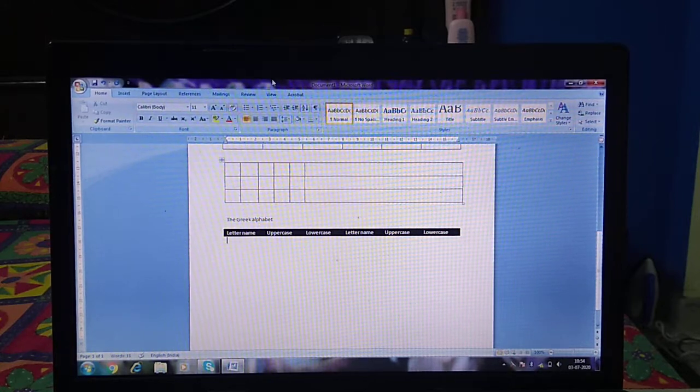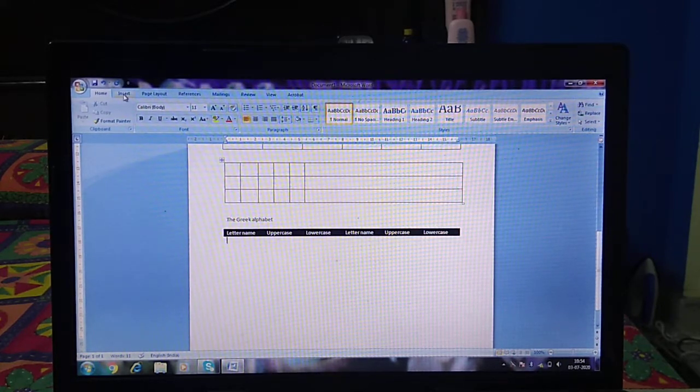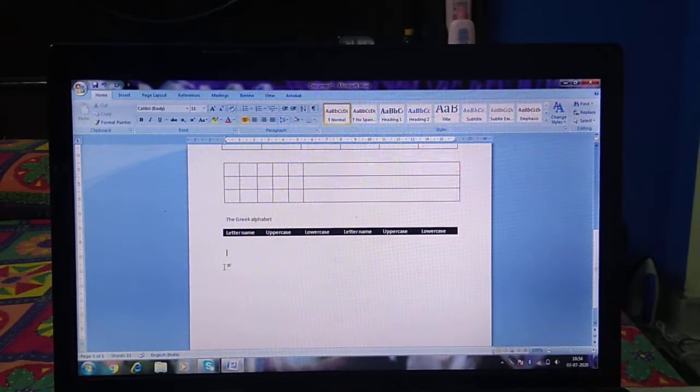Okay, now what is the last way to create a table? Converting text to a table.